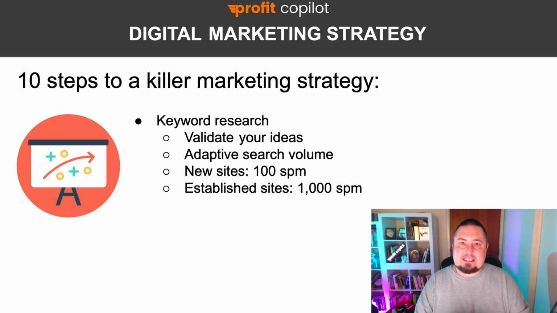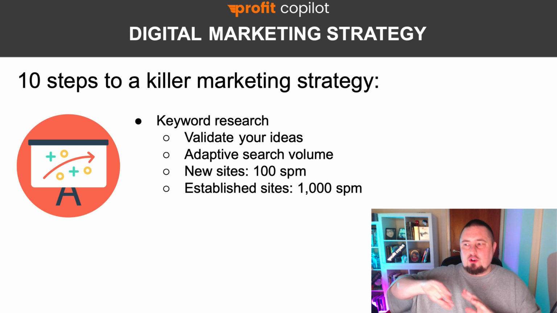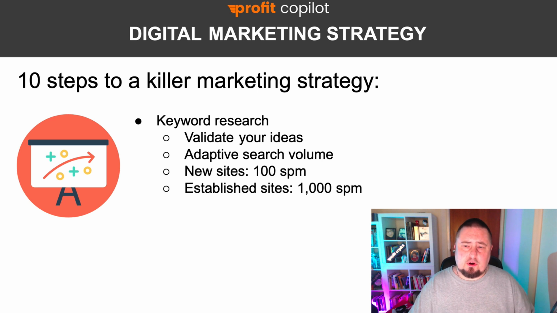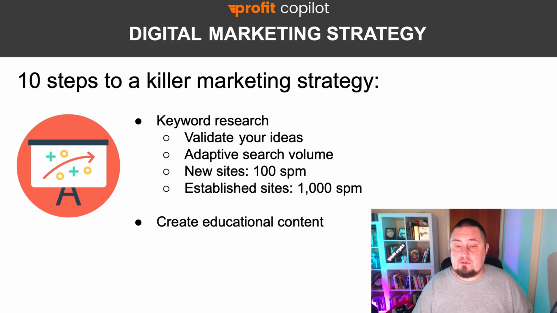So when your website is established, and I would say established is around 6 months old, it takes that amount of time for Google to really not index your website, but to kind of give it more authority. So a website that's at least 6 months old should be going for around 1,000 searches per month, providing that you're actually working on this and you're not just leaving it dormant. So that's the approximate search volume that I would suggest you go for.